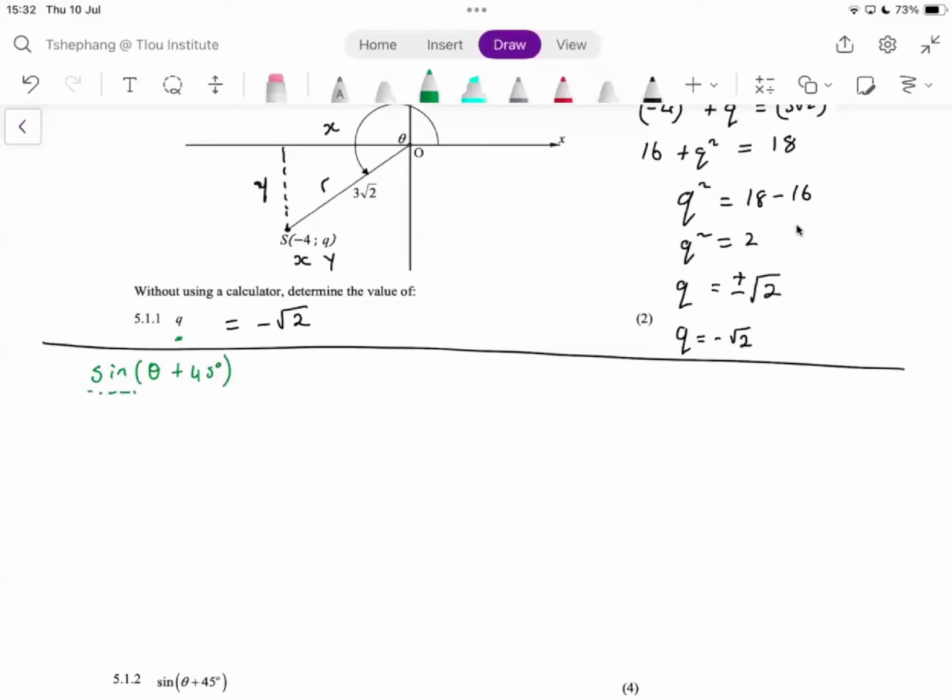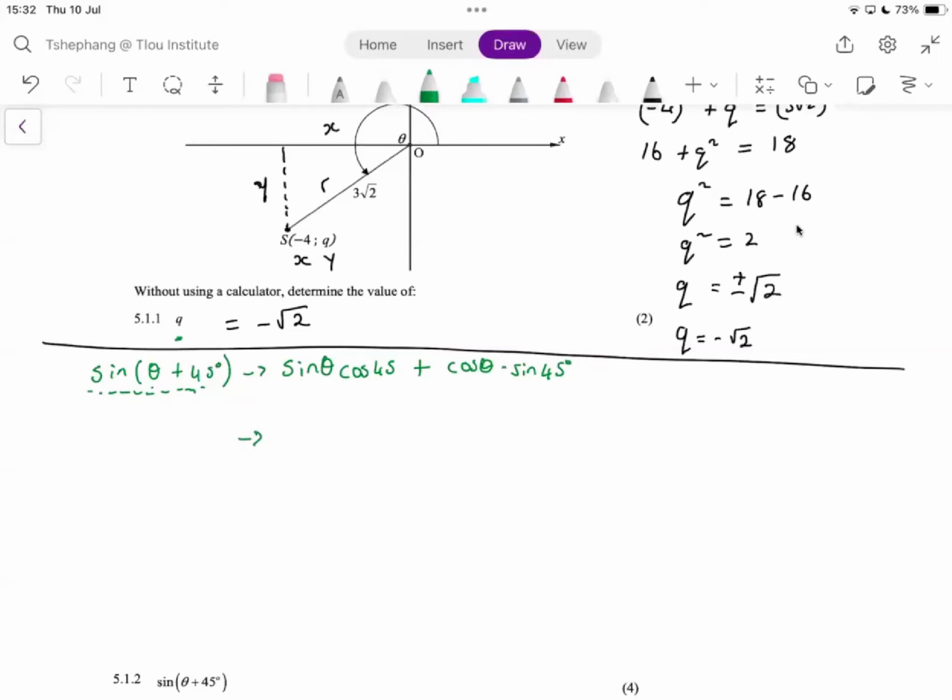How do we expand this? Remember what I said. This is given on your formula sheet, so you do not have to memorize. Look at the formula sheet and then substitute. This is your first angle and that's your second angle. When we expand it, we're going to get sine of theta, that's the sine of the first angle, multiplied by cos of the second angle, and then plus cos of the first angle multiplied by sine of the second angle. Just like that, we've expanded it. Please make sure that you are with me every step of the way. Otherwise, please pop a comment in the chat or raise your hand.